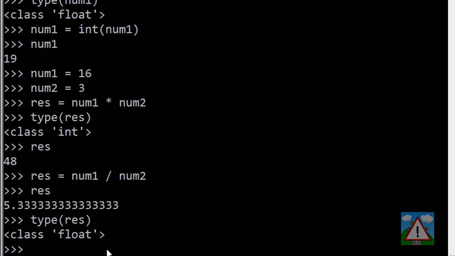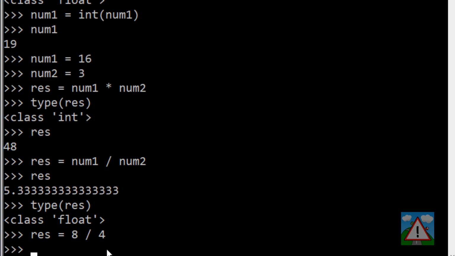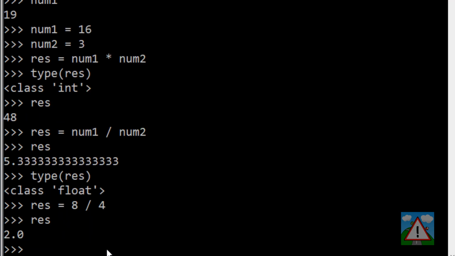Interestingly, if I say that my result is equal to 8 divided by 4, then the result here is not 2, but 2.0. Any result of a division will give you a floating point type, and it's useful to remember that. Two more operations that are often a little bit more tricky to understand, however, are the modulo and